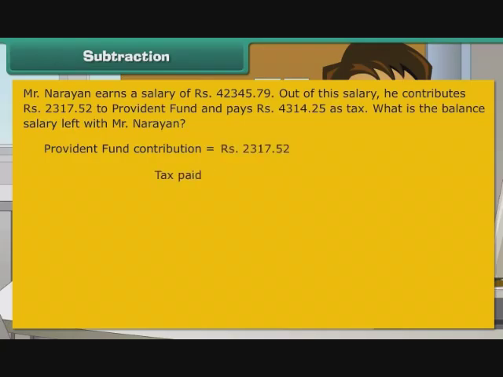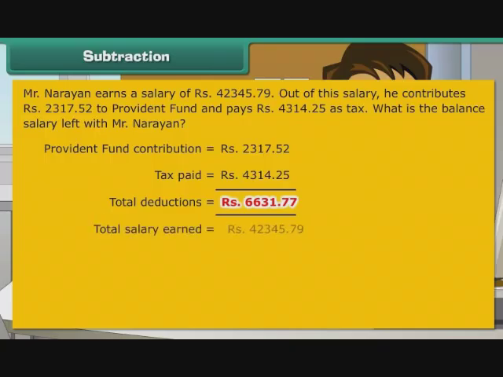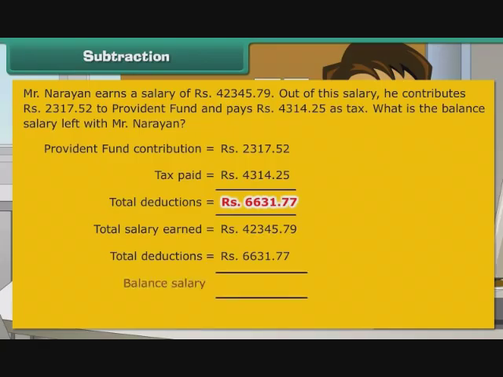2,317.52. Tax paid is 4,314.25. We add the two to get the total deductions as rupees 6,631.77. Total salary earned is rupees 42,345.79. We subtract the deductions from the salary earned to get the balance salary as rupees